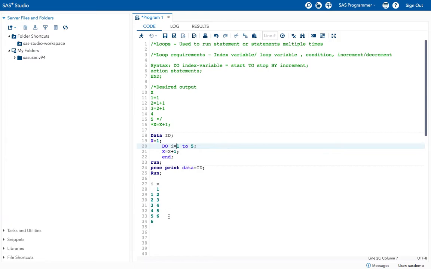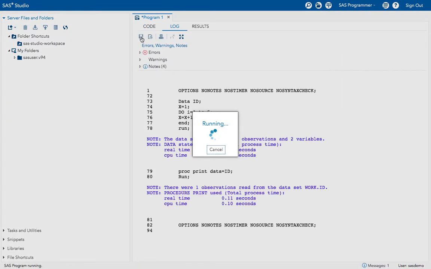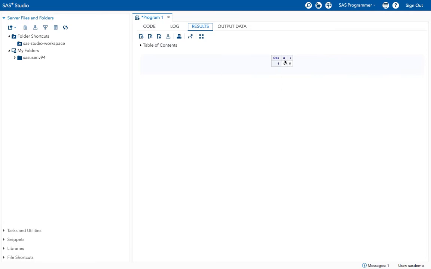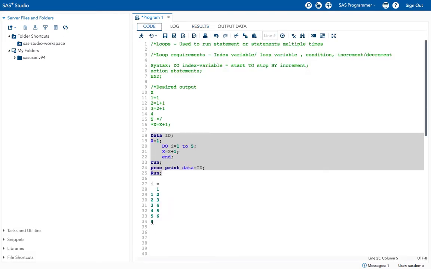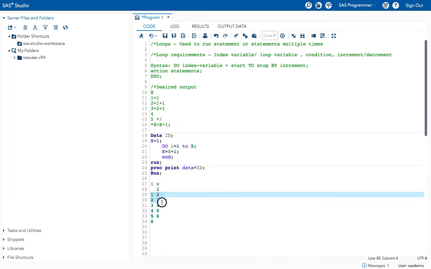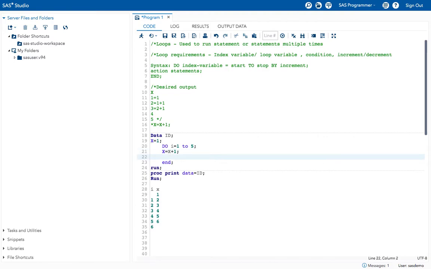Okay, so if I run this program, every time this do statement should end with the end statement. Now execute the program and let's see the result. See, now I got the observation: x value is 6 and i value is 6. Is that what I got in the C? I got x and i values as 6, 6. If you want to get all these values, give output here. You will get all these values, or the steps that have taken place.